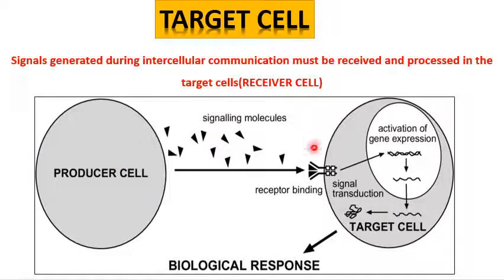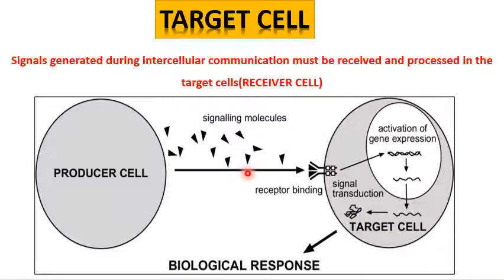These are released into the extracellular space and they float like a message in a bottle and reach the target cell. And these target cells should have a receptor binding site. This is called a receptor binding site, which matches the shape of the chemical signal produced by the producer cells, and these signals bind onto the receptor binding site of a neighboring cell or any other cell that has a receptor for the same type of signals sent by the